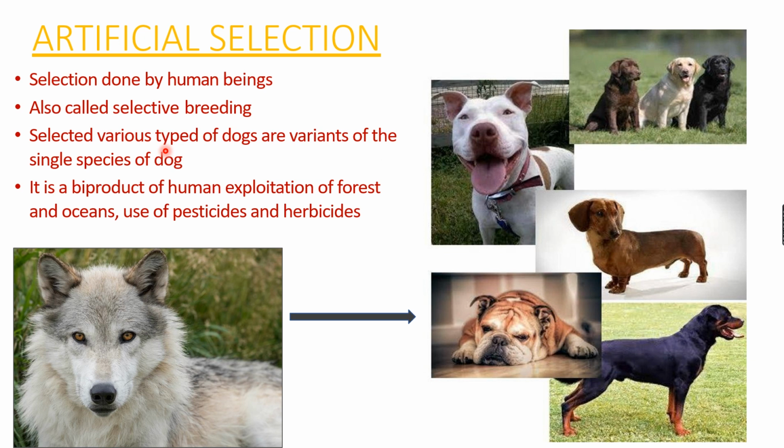If human beings can produce new varieties of dog within a short period of time, then the nature, with its greater quantity of resources and a long duration, can produce new species. That is called selection. If it is artificial selection, it is by human beings, but when nature selects, that is called natural selection. Yes, thank you.